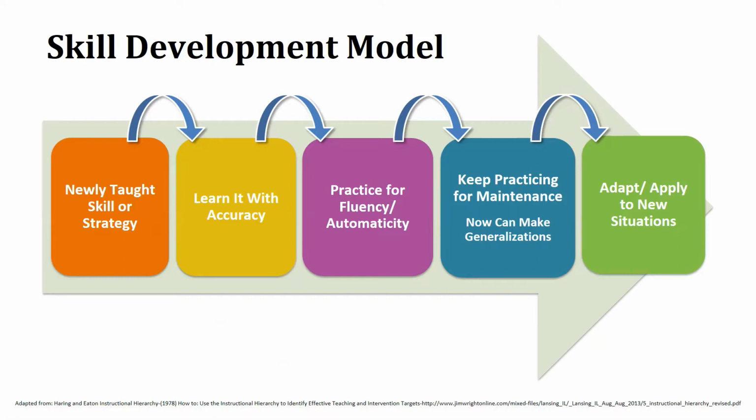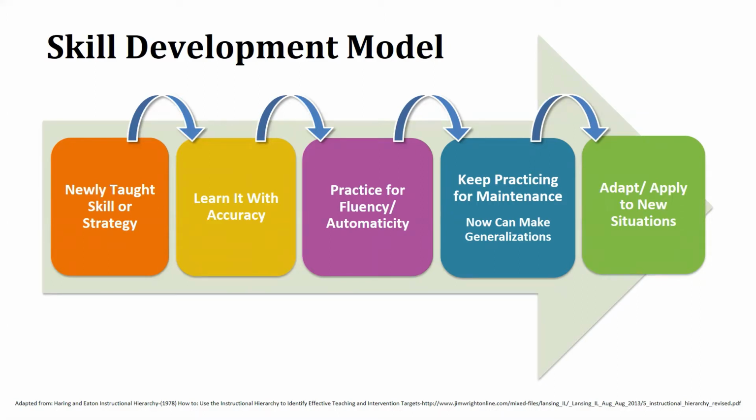Starting from the colored boxes working left to right, we teach a skill or strategy. And our first evidence that learning is happening is that they become accurate. Sometimes what we see in our students is something like slow and accurate. Errors are typical in this phase. Many times, student behavioral errors associated with this phase can be misinterpreted as choosing to do the wrong thing, when in fact, the student is still in a stage of learning where errors are common.